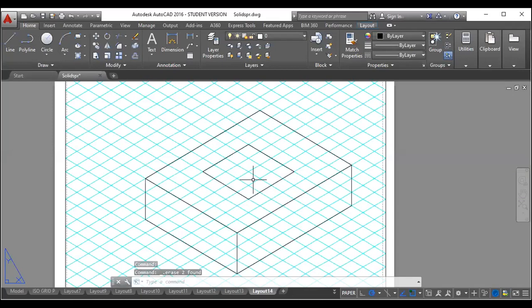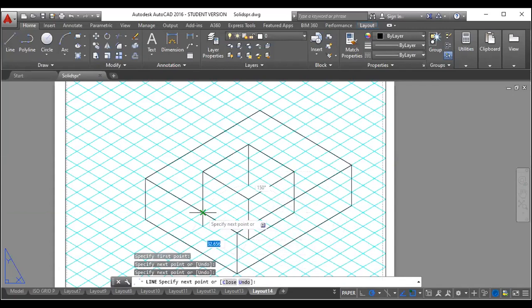So I need to show the total cut here, and the cut is for full thickness or full depth of 30 mm. So first I will show the cut mark. So from here, I need to go 30 mm down. If you see here, from this corner, I have gone 30 mm down because the cut is to its complete depth 30 mm. So from each corner here also I am supposed to go 30 mm, 30 mm and 30 mm and join all the points. So let me show that. From here, this is 30, from here 30, and from here also this is 30.